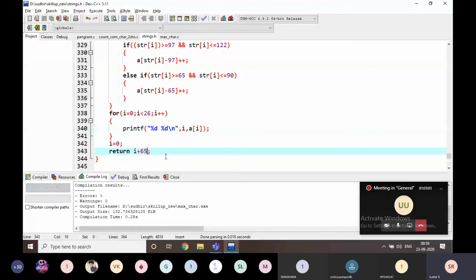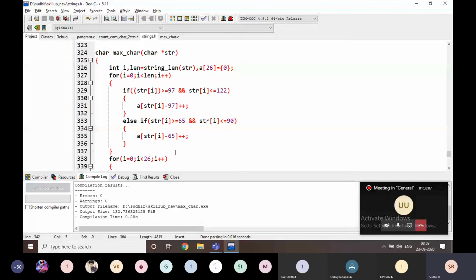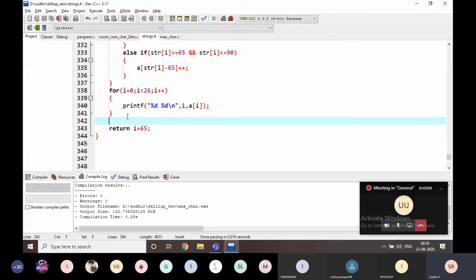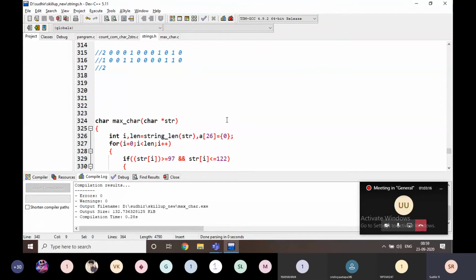That's it, nothing else. Then how I am going to write here? The return value is fixed here. Here I am going to write a small logic, which is the largest one. I am going to take some max and max index. Max value is equal to 0 and max index is also 0, for example.